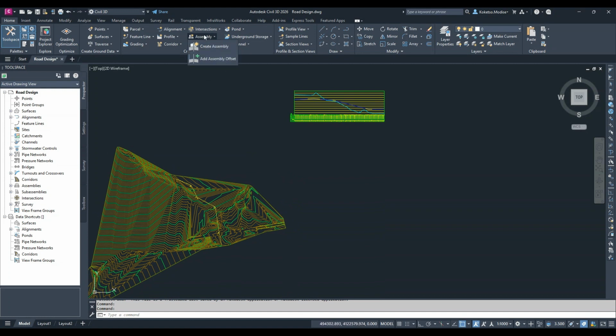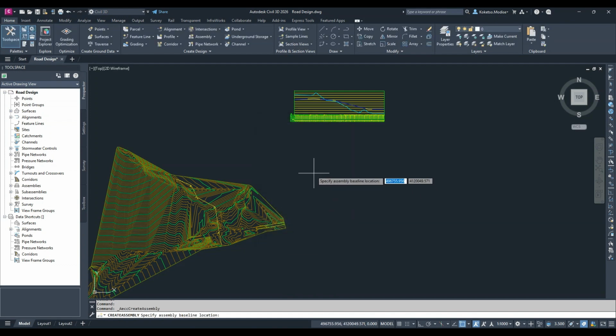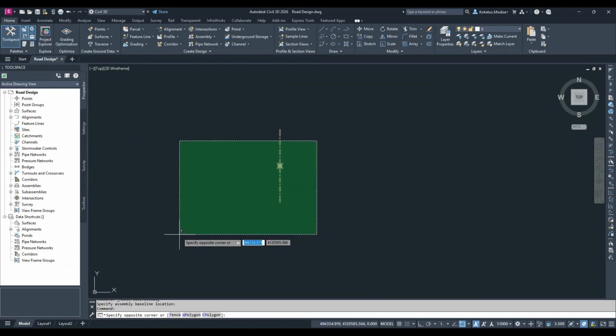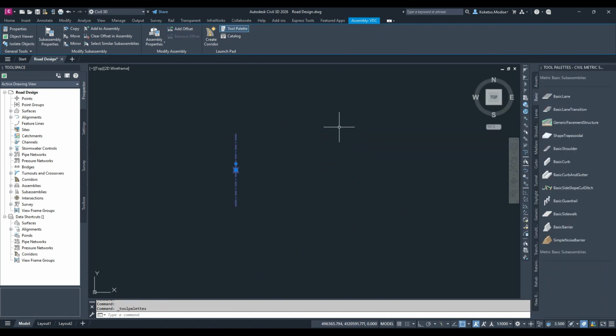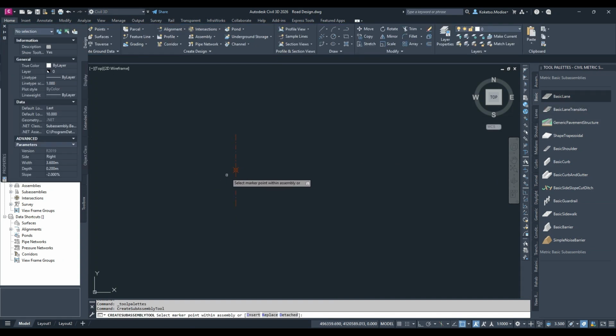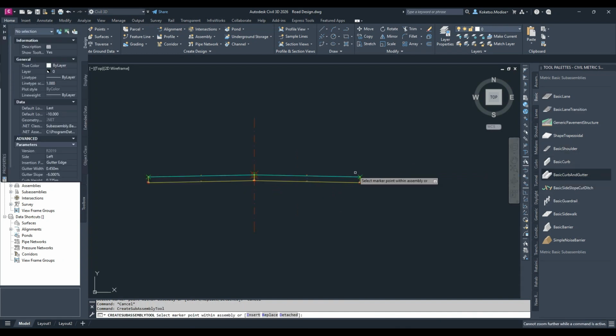So we're gonna go under assembly and then we're just gonna name it, let's say VDC, and say okay. So I'm gonna place the insertion point there, and then if I select it, this is gonna pop up. We're gonna go to tool palette and then we're gonna work with the basics. So basic lane, I'm gonna place it right there and then another one on the side. So the camber is there, and then we're gonna place the basic curb and gutter right there, and then after